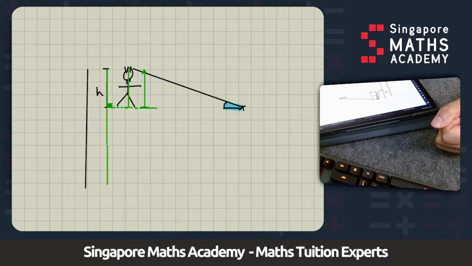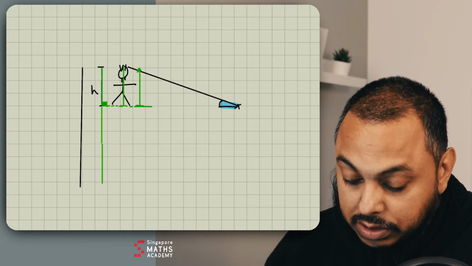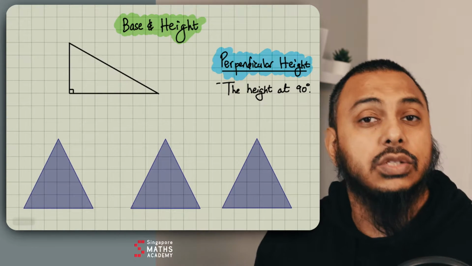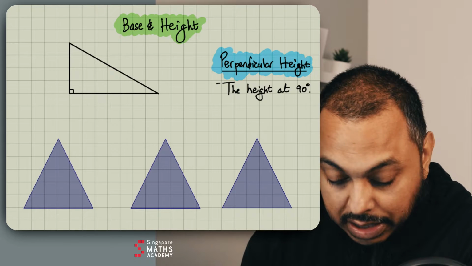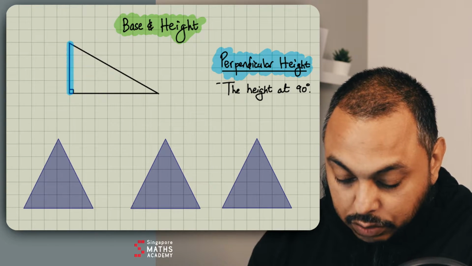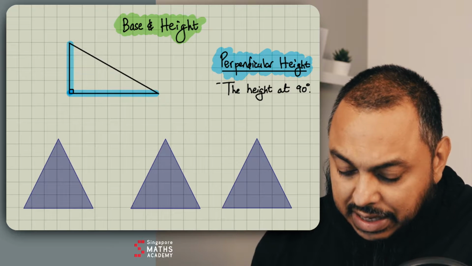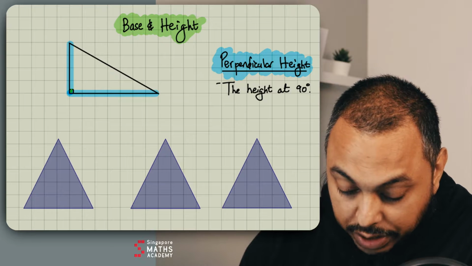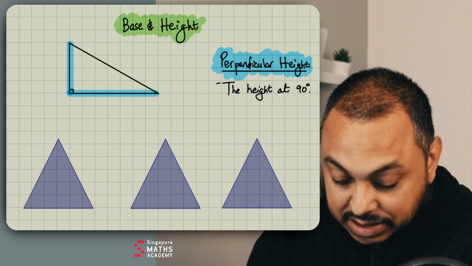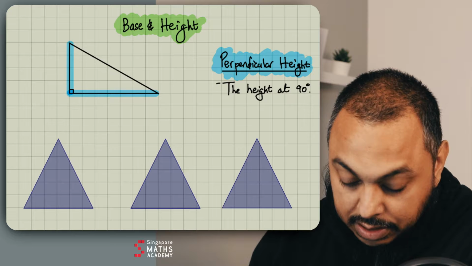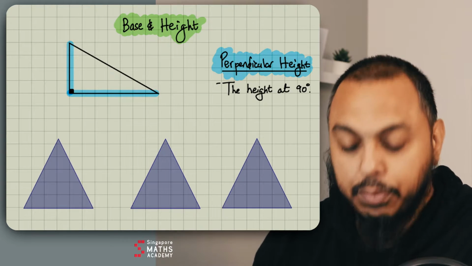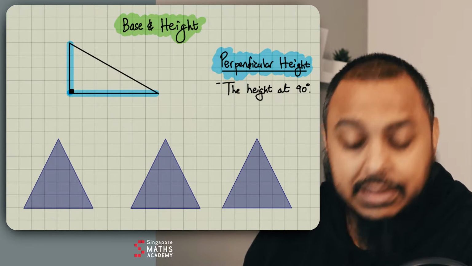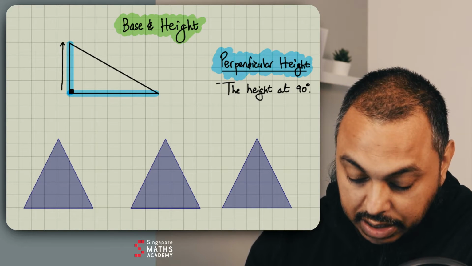And so with that in mind, what you need to realize is that for triangles it's exactly the same thing. When we have triangles like the ones we've got here, we've got our first triangle here, which is a right angle triangle. And this right angle triangle is pretty nice because you can easily get the height for this one. Why is that? Because you can already see that there's a 90-degree symbol there, right? Can you see that, guys? There's a 90-degree symbol here, bottom left hand corner,